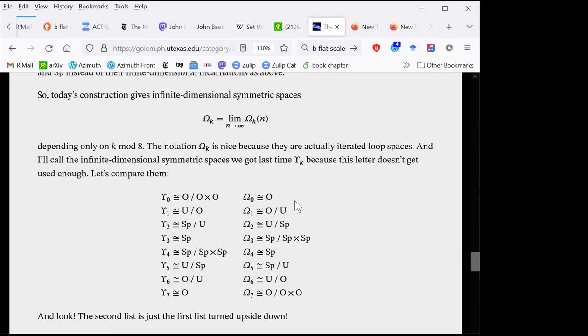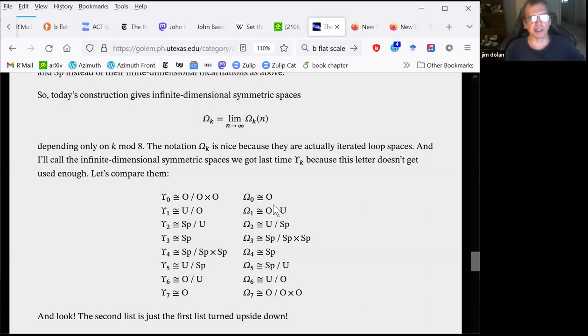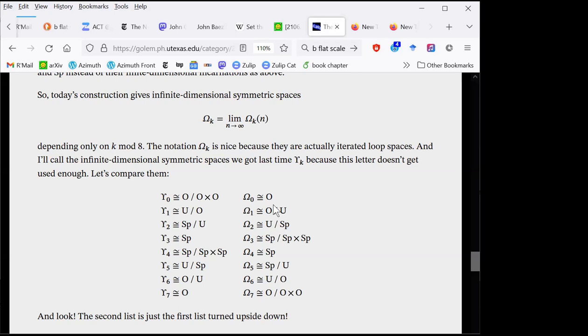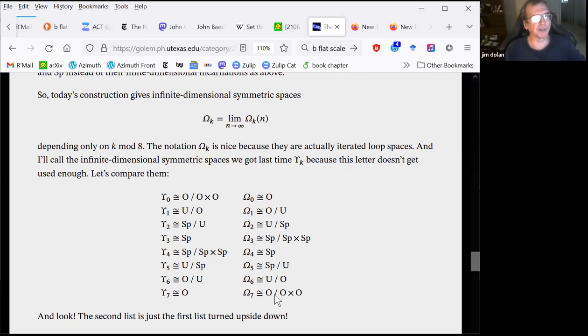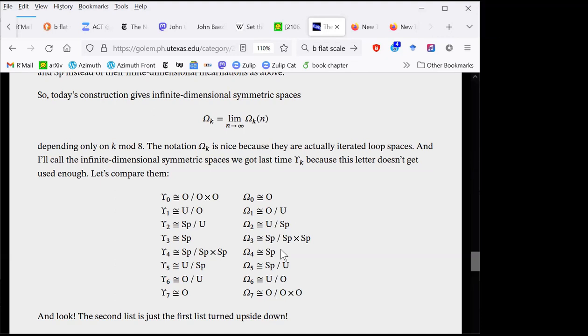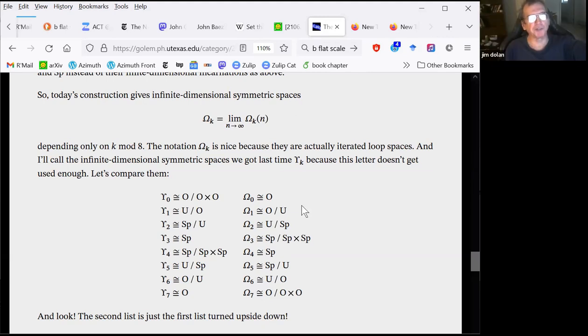Yeah, well, okay, so that's the kind of thing I want to get into ultimately. I think you're right. I think each of these are spectra that can be obtained from some symmetric monoidal category, or a topological category, something like that. I'm not going to say anything about that, but that's the direction I would like to head, trying to understand it better. But sure, I'm still just trying to follow the table here.